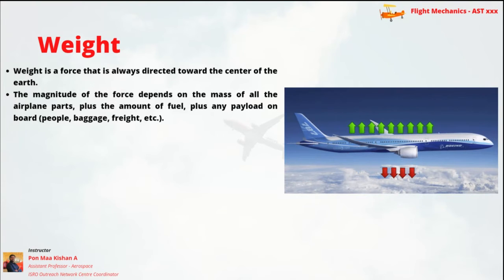Let's say our earth is like this. The earth will have some particular center of gravity, a center of earth point, right? What exactly the weight force will be doing is, it will always be directed to the center of earth. I will try to draw one diagram also so that you can easily understand that.